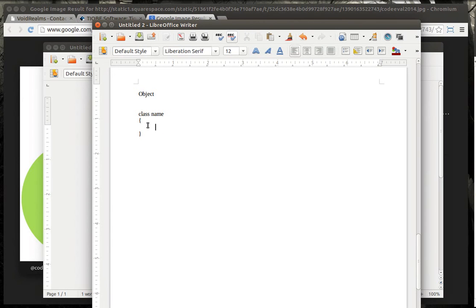Now in here, you could say void test. People always get nervous when they see the word void. They're like, oh no, what does that mean? Well, it doesn't mean anything. That's what void is. It means nothing. This is a function, and it's going to return nothing. So that's the premise of a C-style language.